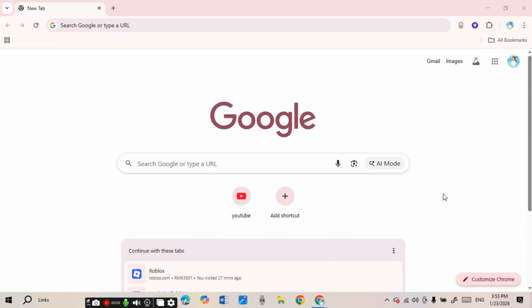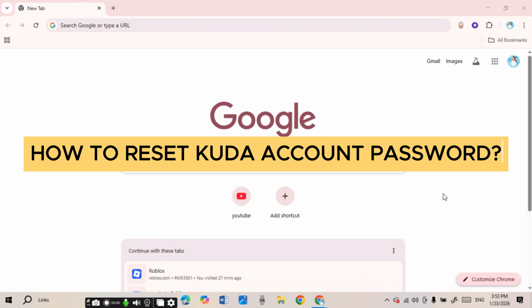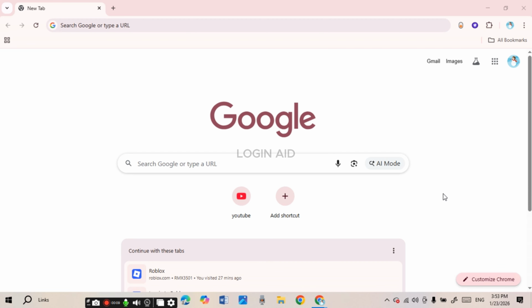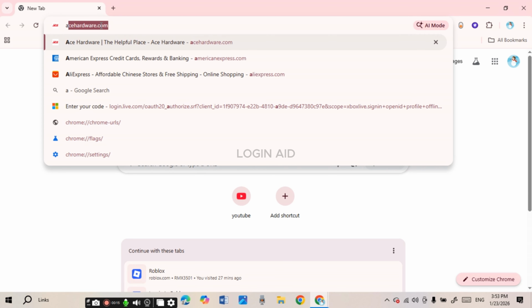In today's video, I'll teach you how to reset Kuda account password. First of all, launch any browser of your choice. You can see over here I've opened Google Chrome. Now click on the search bar and type in